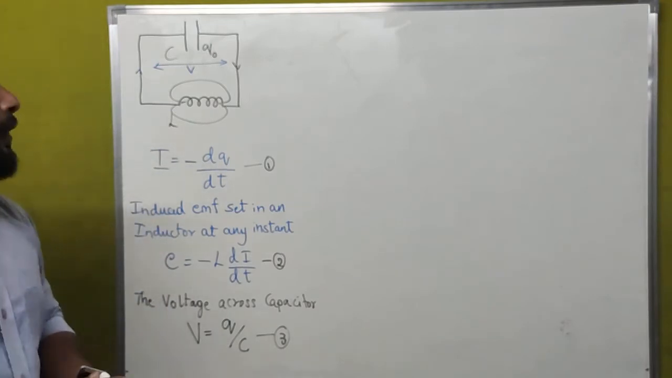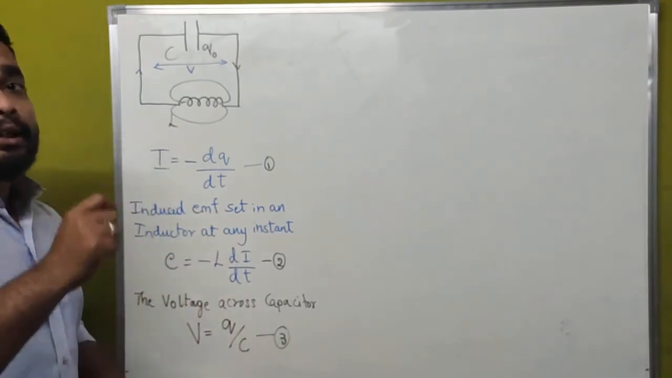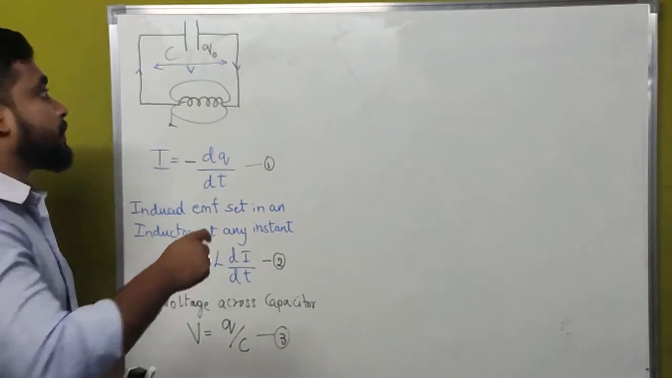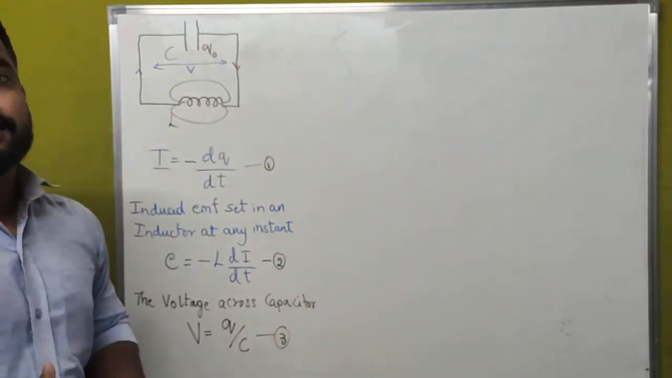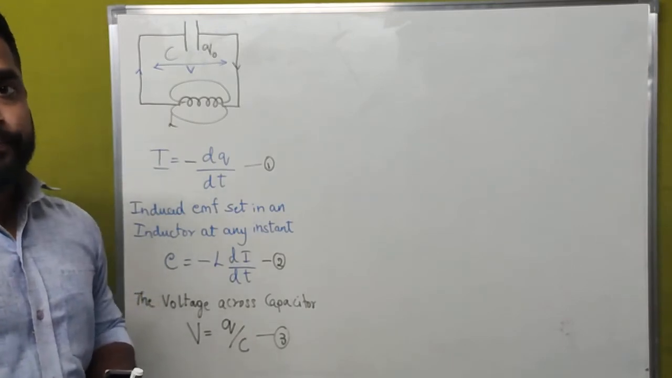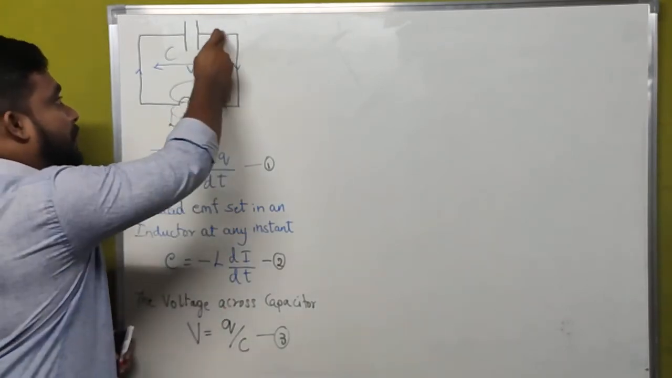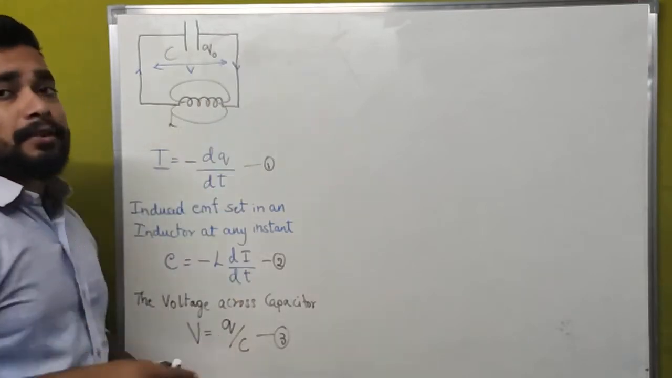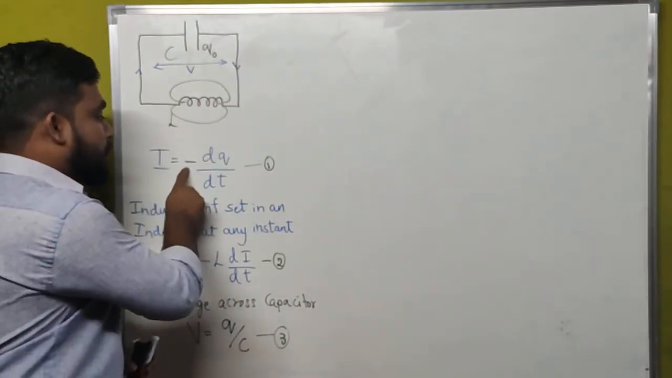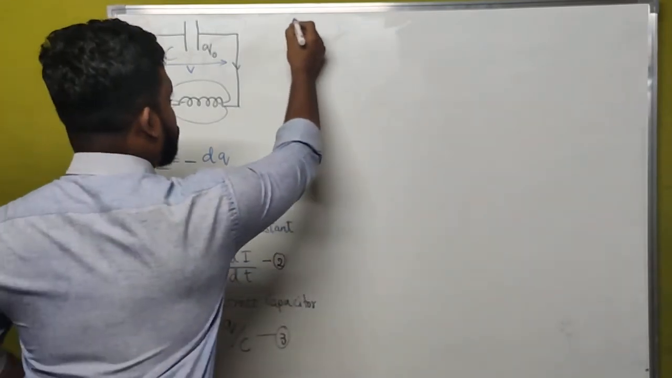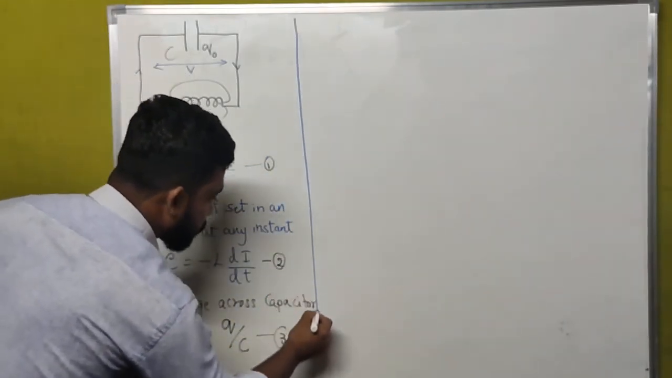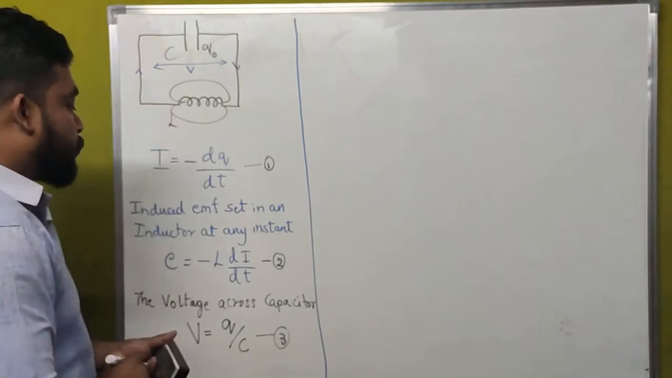Earlier we used to write I equals dq divided by dt, but here we have put a minus symbol. That is because here we are getting current only because of the decrease in charge. Once the charges start to decrease, only then is current present. That's why we have shown a negative sign here. After that, what I am going to do is